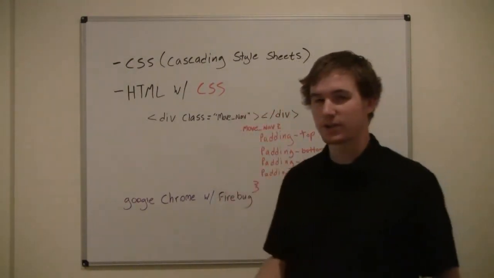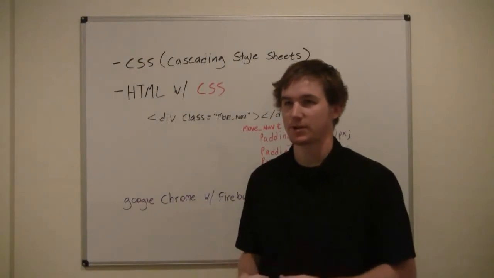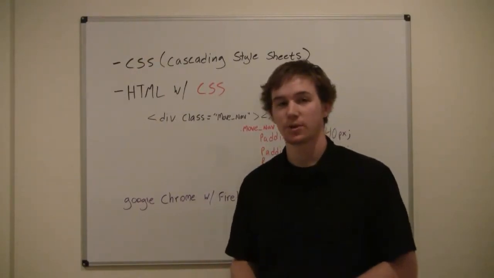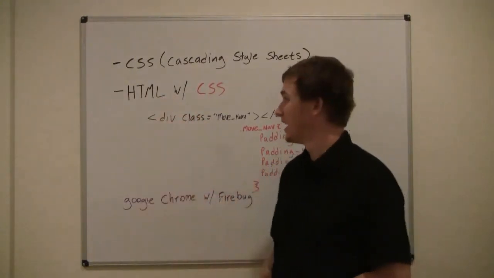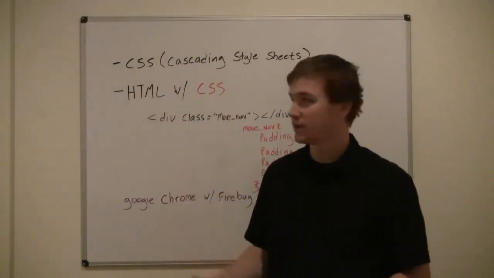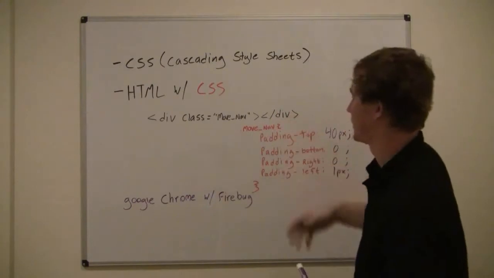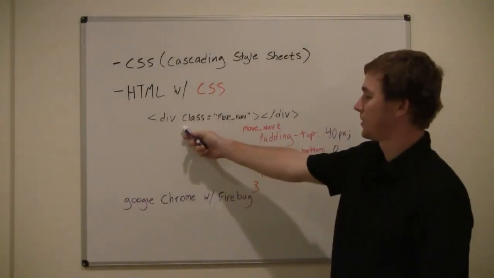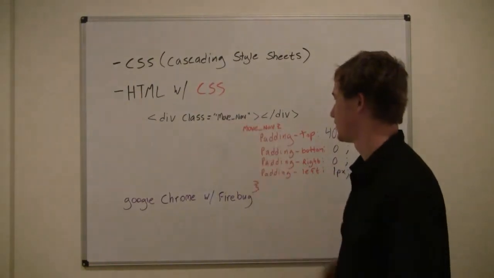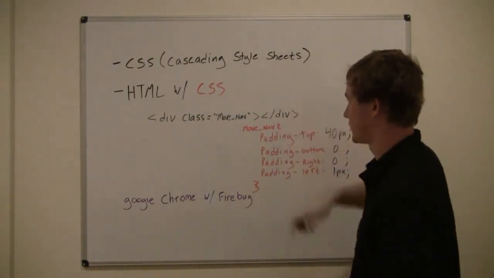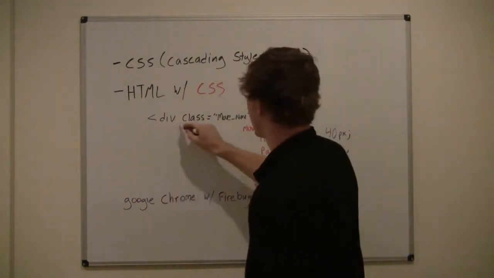So the way I learned it and the way I think of CSS and HTML is being object-oriented. So you're going to have your HTML classes, and they call the CSS. So I have an example right here. I label my thing div class move nav. So this is my class, what it's called, move nav, and then I just close it off. So this right here is my whole class,